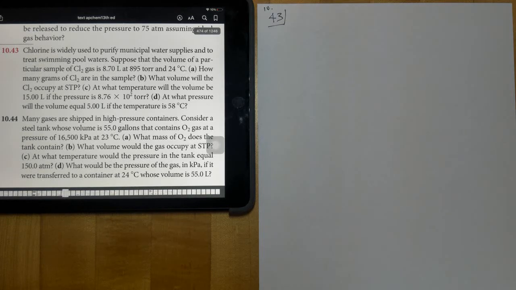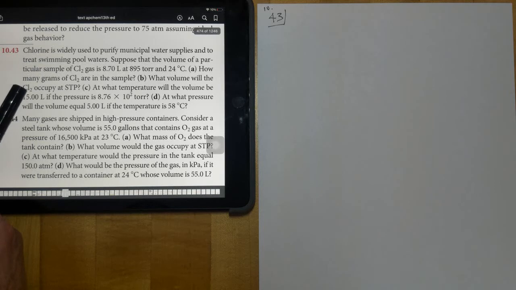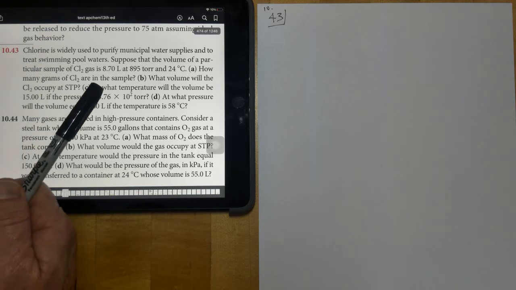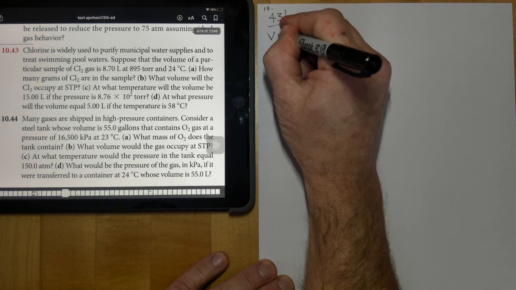10.43, good complex gas laws problem. Lots of data. Chlorine is widely used to purify municipal water supplies and treat swimming pools. Suppose that the volume of a particular sample of chlorine gas is, so now we're given a volume to start with, so organize your data,